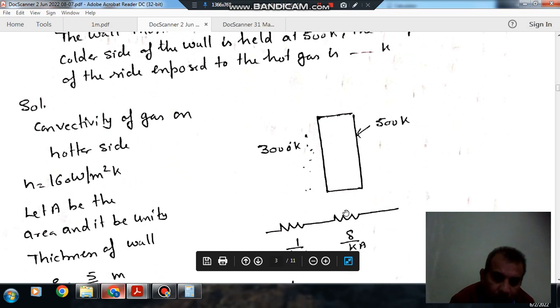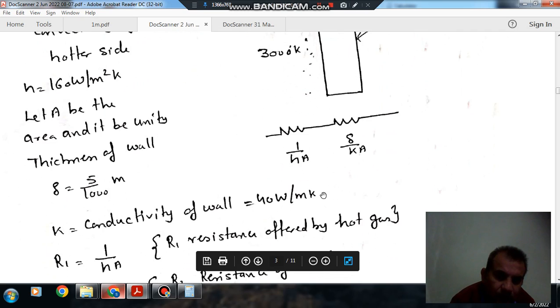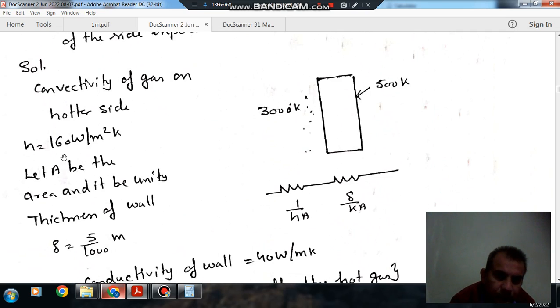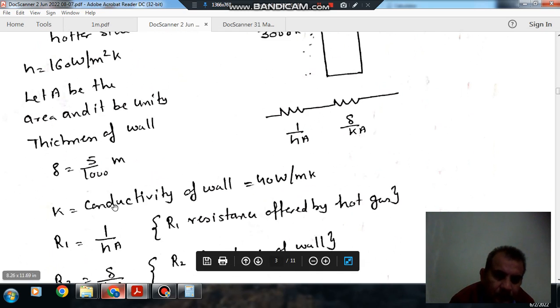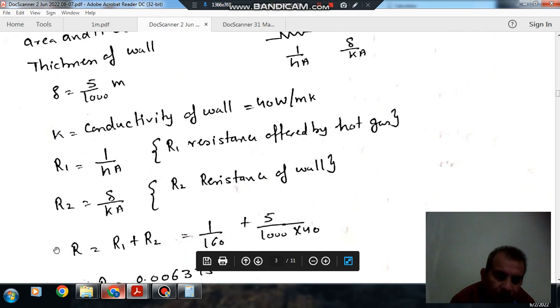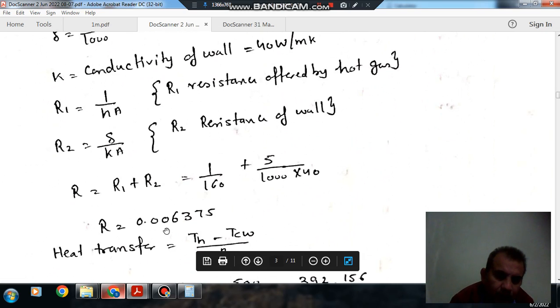the resistance of the wall. The resistance of hot gases is 1 by hA, and the thermal resistance of the wall is delta by K. As these are in series, they will be added. So h is 160 and thickness is 5 mm or 5 by 1000 meter, conductivity is 40. Putting in the values and finding R1 and R2, and then the total resistance. Total resistance is here